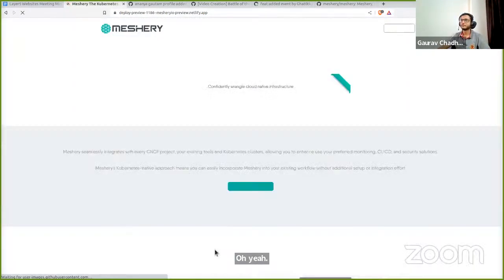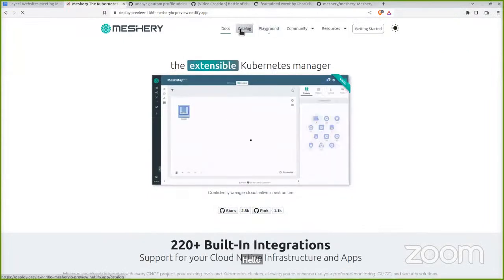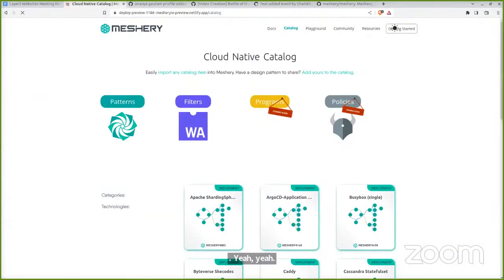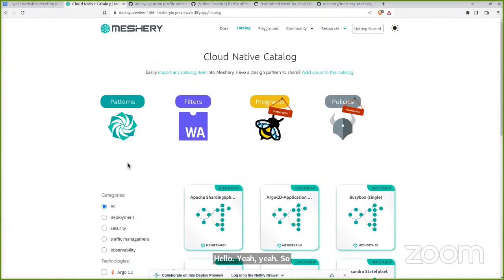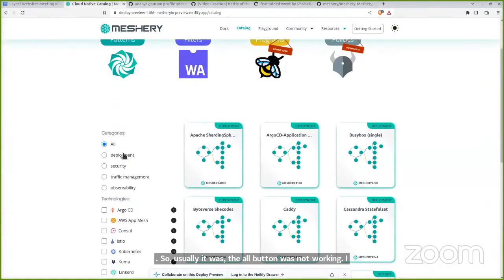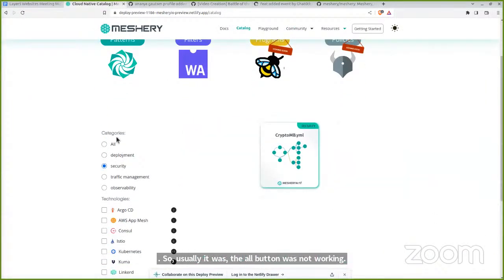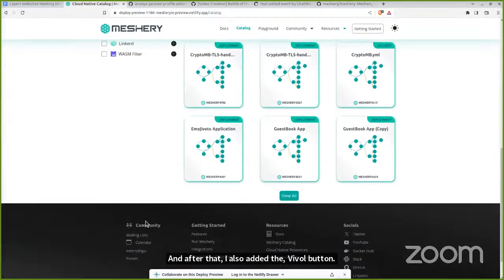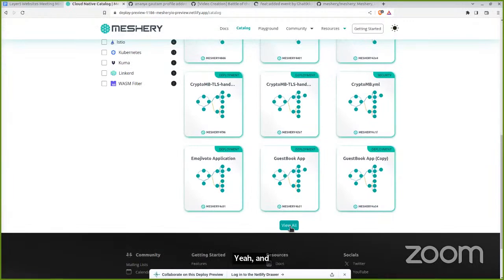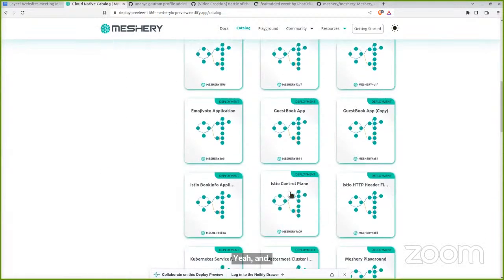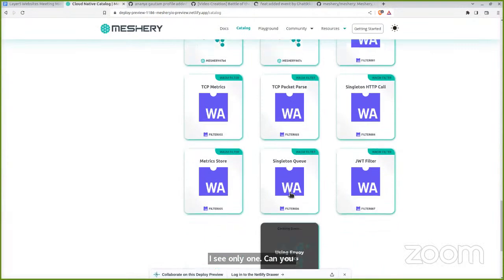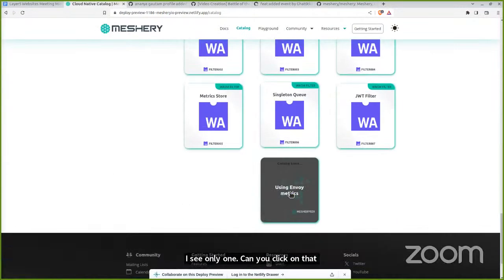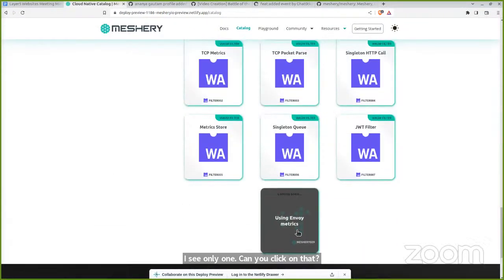Initially the all button was not working, and after that I also added the view all button. You can scroll down a bit. Yeah, you can see the view all. When you click on that, you can also view it for mobile pages too.